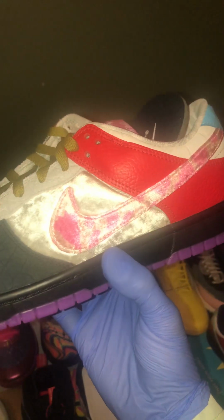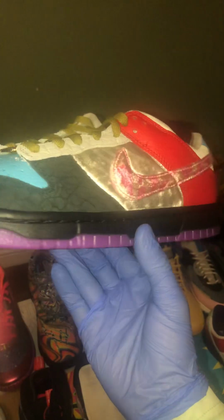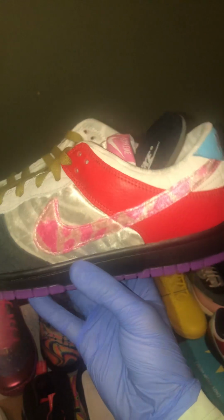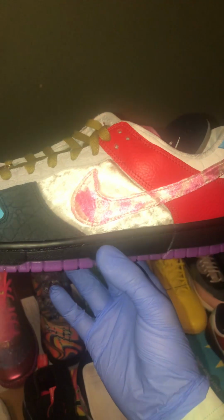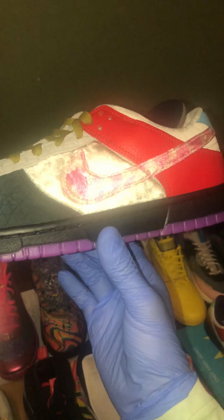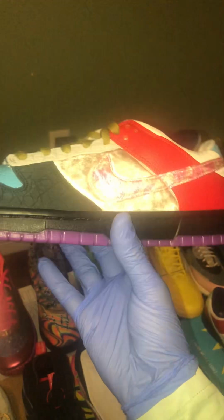So I went ahead and looked on my Nike app website, and it said if I wanted to choose what shoes I like out of the dunks, it said ID or a regular dunk low. So I just clicked on the ID, and then it started to show options. If I wanted to create one, I just started creating it. Then I sent it out, paid for it, and then that same day I went on to Sneaker News, and